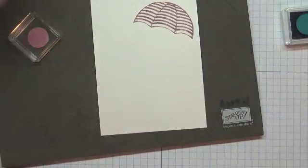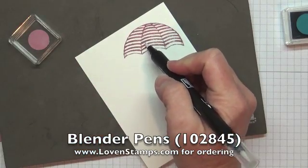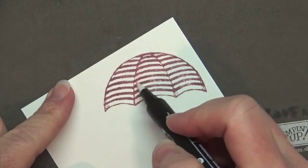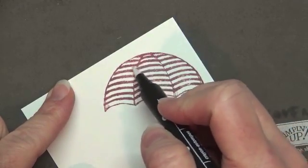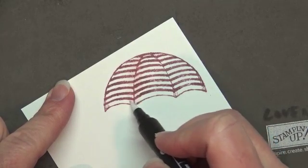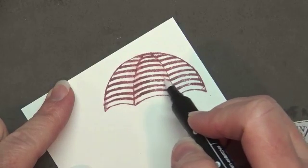Now while it's still a little bit wet, I'm going to take my blender pen and use that to squish the color around a little bit. Here, we'll zoom in. There we go. So as I go here, I'm just running back and forth over the color. Blender pens don't have any color to them. They're clear, and have a glycerin water mixture in them. And what they do is they pick up ink from another source. So in this case, the blender pen is just picking up the ink that's already on the shimmery white cardstock